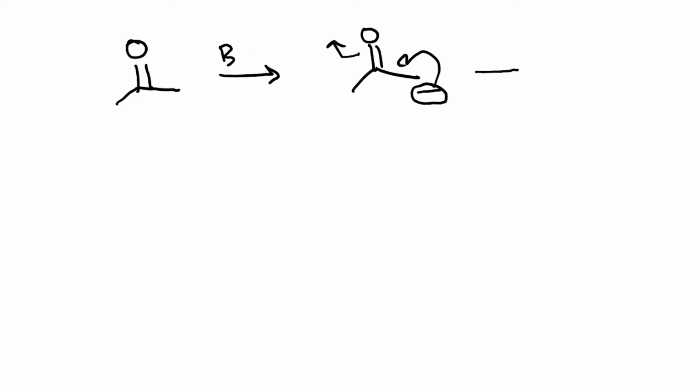Okay, so just to recap, an enolate is generated when you react a base, for example, with the ketone, and so this is the carbanion, and this is going to delocalize, or is going to push its negative charge into the oxygen, and you're going to get an enolate anion.